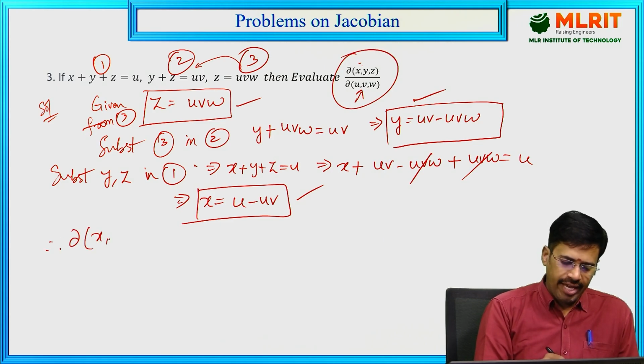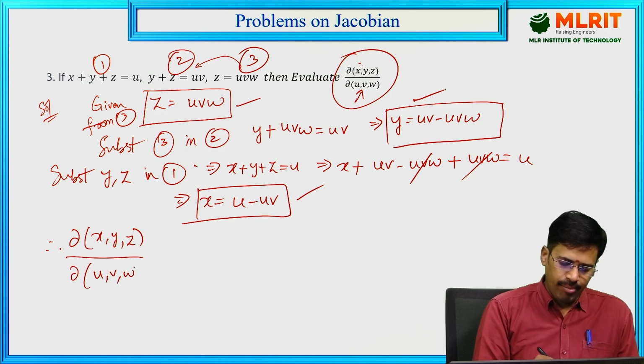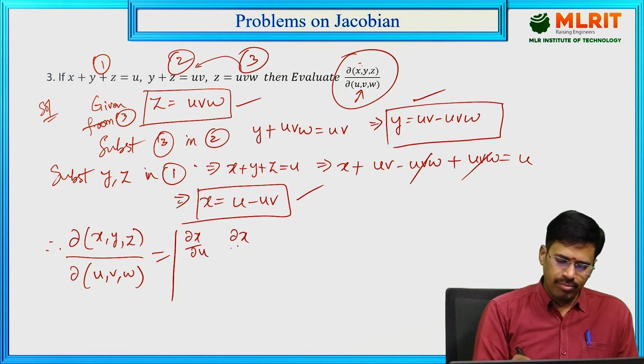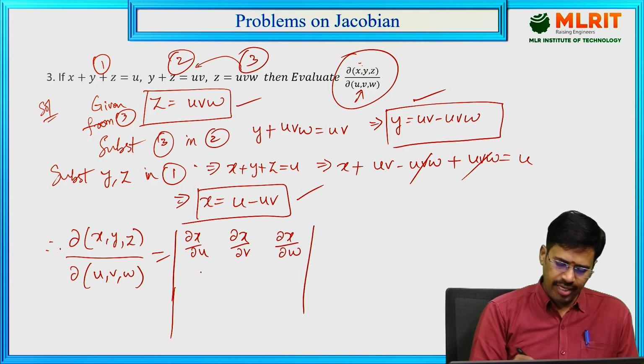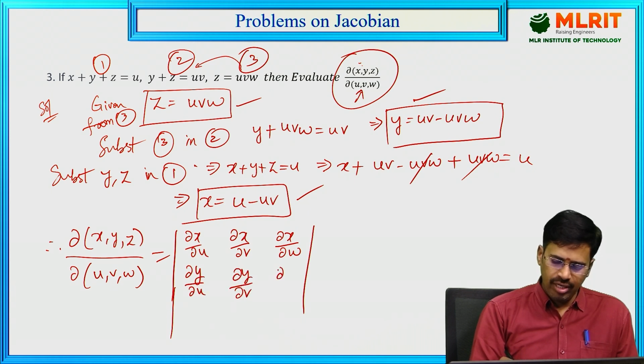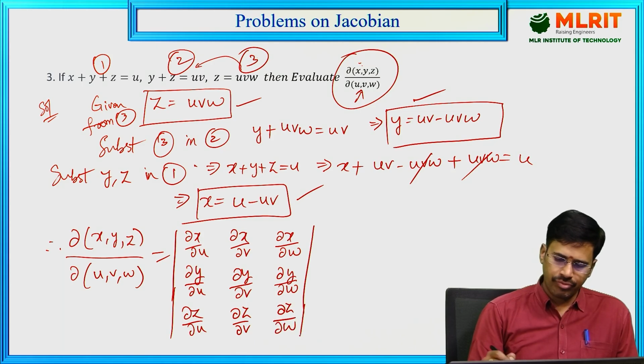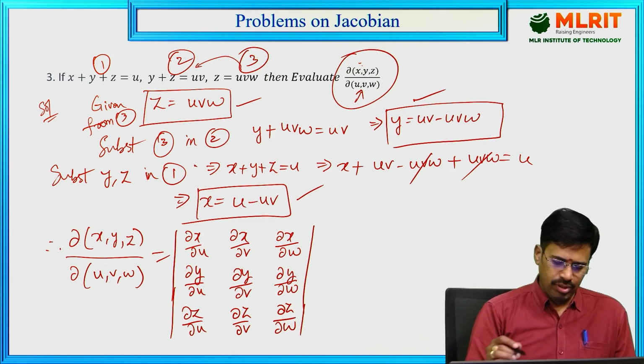Jacobian of x, y, z with respect to u, v, w, that equal to ∂x/∂u, ∂x/∂v, and ∂x/∂w. Next, ∂y/∂u, ∂y/∂v, ∂y/∂w, ∂z/∂u, ∂z/∂v, ∂z/∂w. So that is equal to,